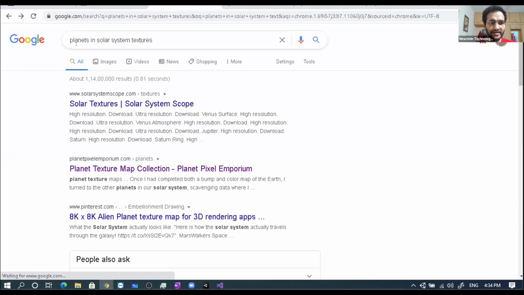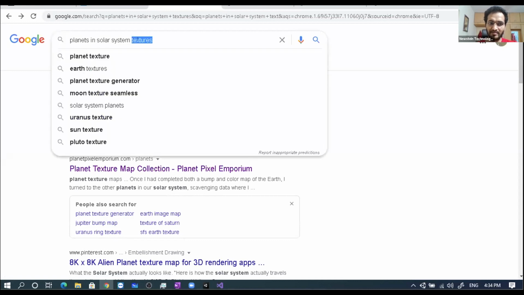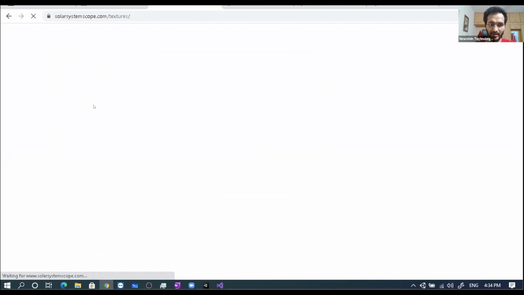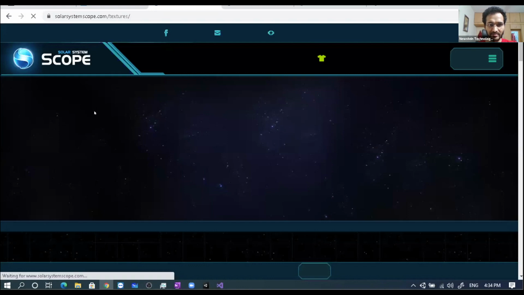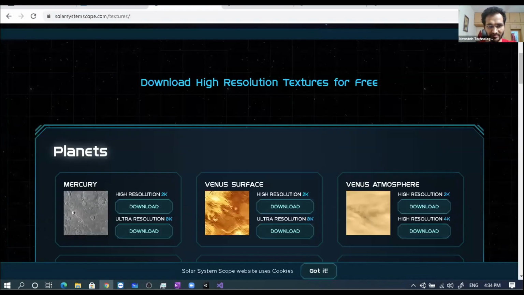What I did is I searched for planets in solar system textures on Google. Texture is the keyword, and planets in solar system texture. This is what I got as the first link, and I opened this link. Was it the first thing?